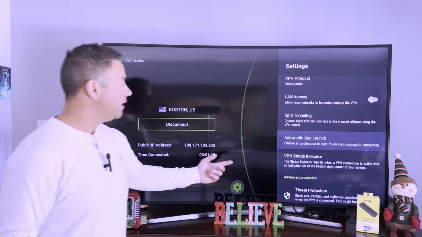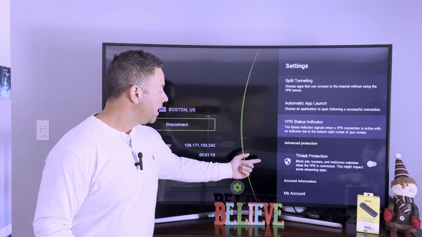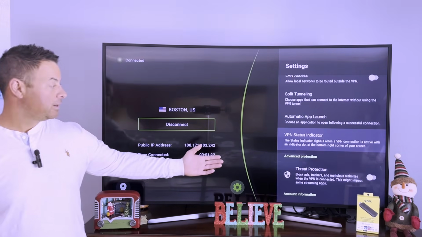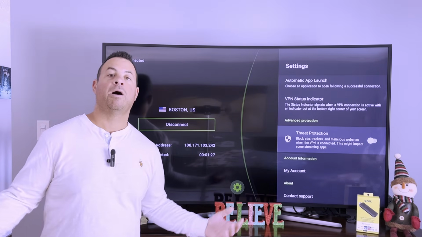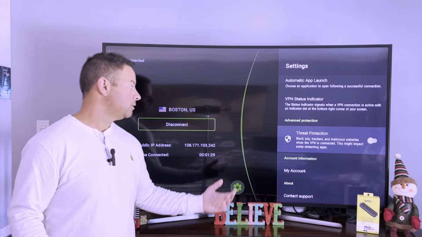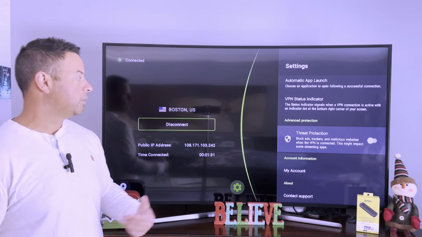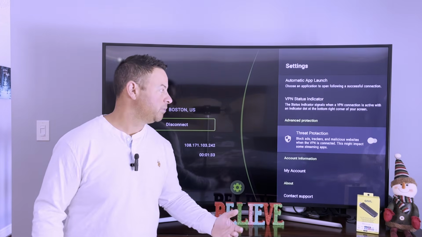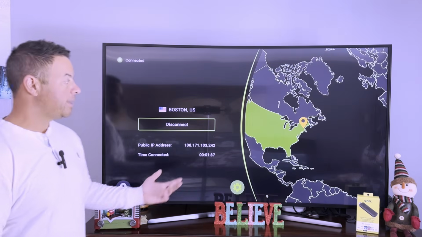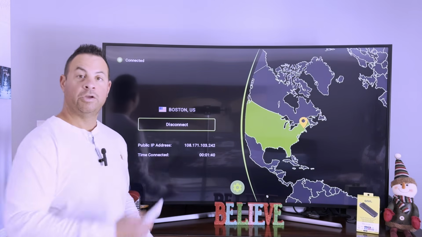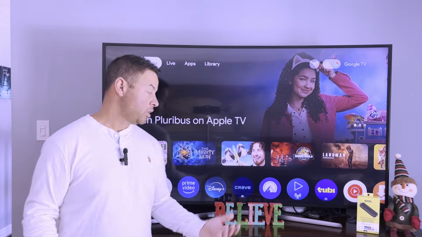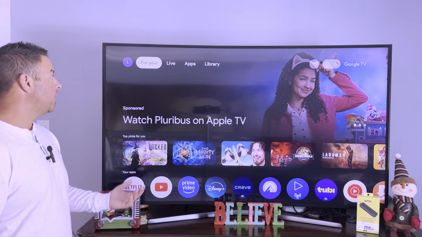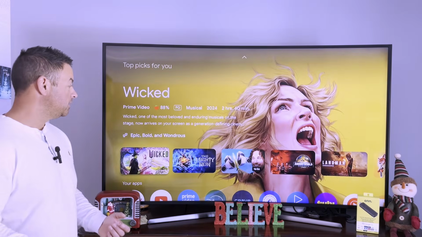And we can back out of there. And of course, we can come down and find some other options. We can turn on threat protection in order to keep any kind of malicious malware or anything out, and block ads, trackers and malicious websites. So now that we're connected, everything's good to go. You can go to the home screen, find the application you want to watch now that our online activity is safe,